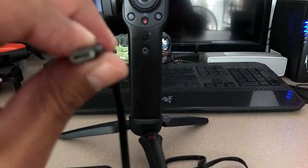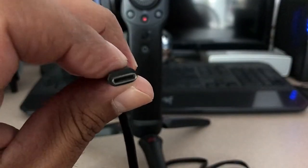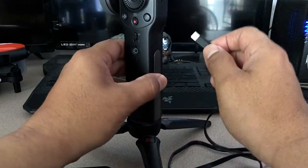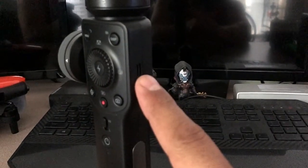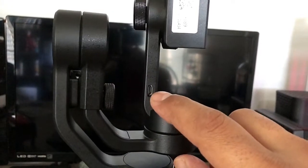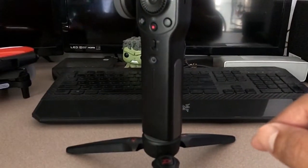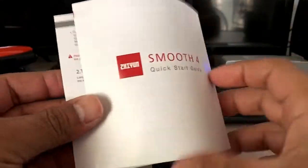Let me see if the camera will focus on this. Oh, come on. There we go. Type-C powering cable. Another thing I want to mention, guys, is when you charge this, you want to charge it on this port, not the port that's located on this. That will basically short it out or definitely damage it. I read that on the quick reference guide that you get when you first open it up, the quick start guide. It actually tells you,